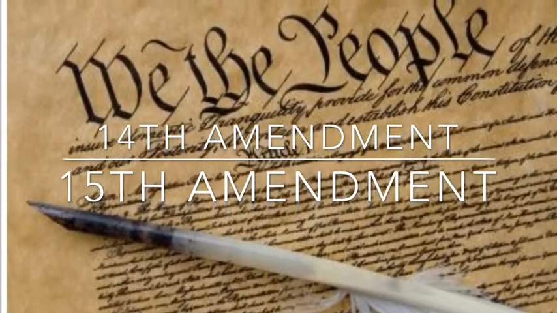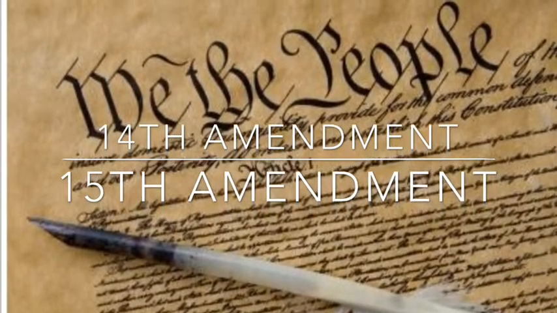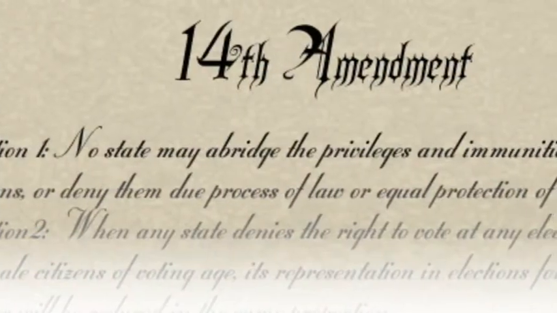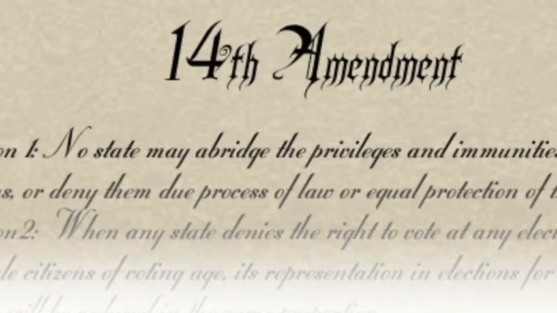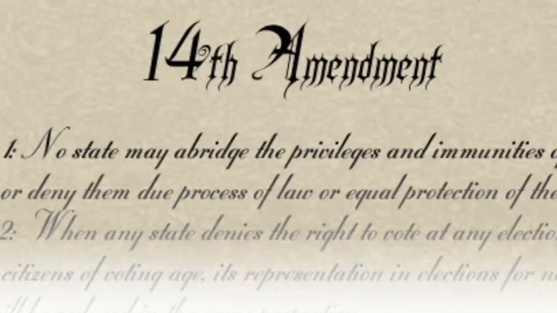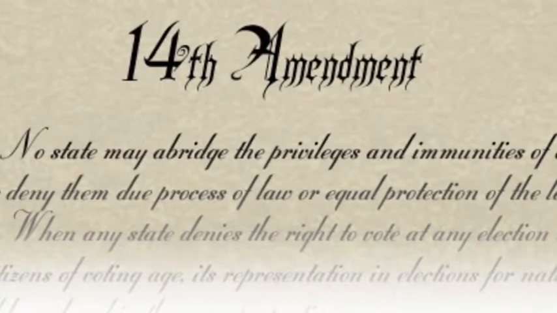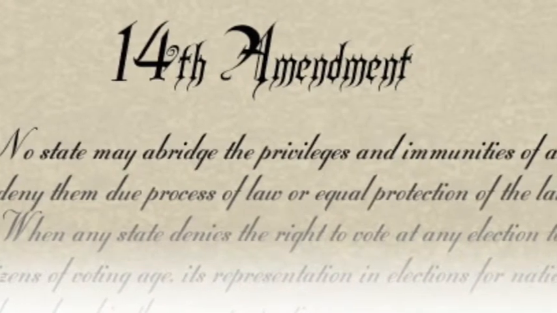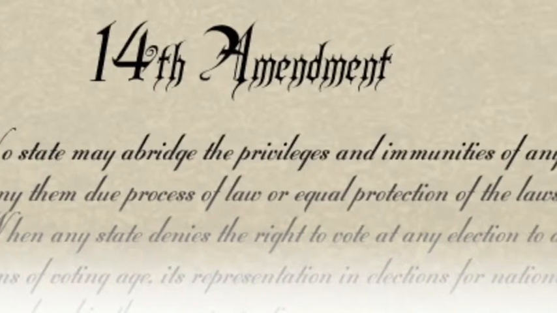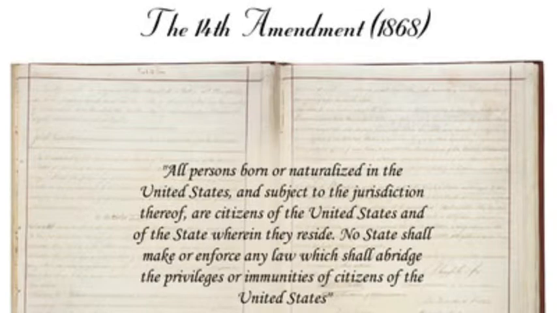changes to the Constitution. The 14th Amendment is a clear example of the racism that went on in the US. It provides a definition of US citizenship, overturning the original Dred Scott definition, which excluded African Americans. The amendment requires all US states to provide equal protection under the law to all persons, blacks and whites. The amendment granted citizenship to all persons born or naturalized in the US. This included former slaves who had recently been freed.